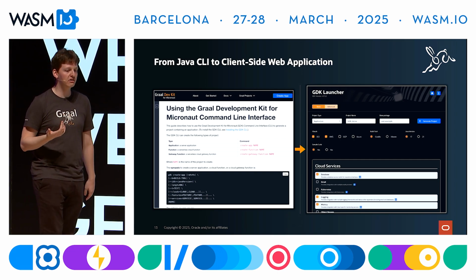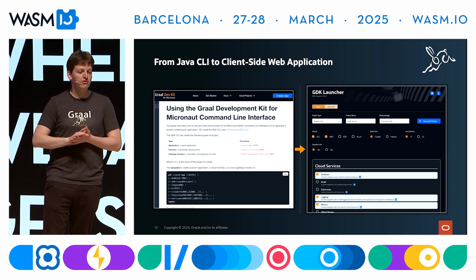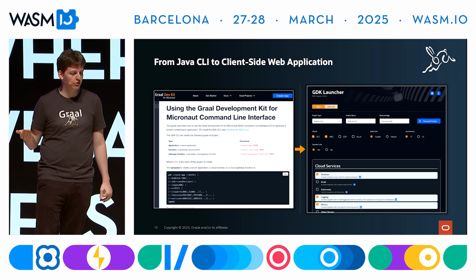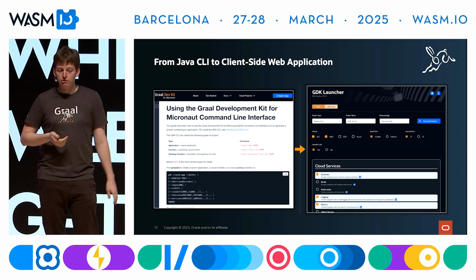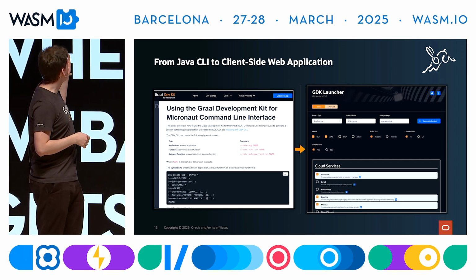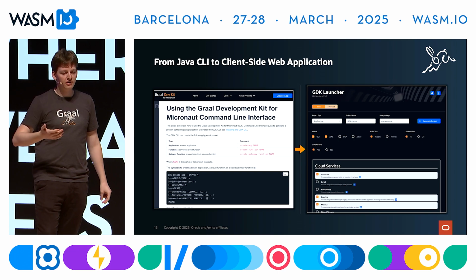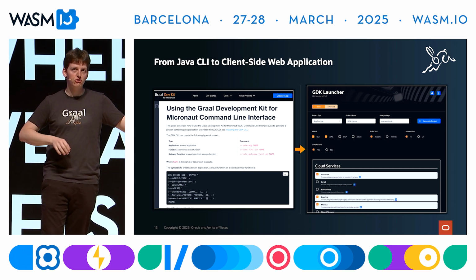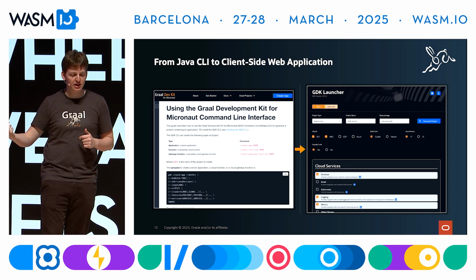An example here is the Graal Development Kit, which is a Micronaut-based microservice framework. It has a command line interface, which you give certain configuration, some command line flags, and it will then create a project template for you based on those flags. Now with this backend, you can take the same underlying Java code, write some Java glue code around this that exposes the right functionality,